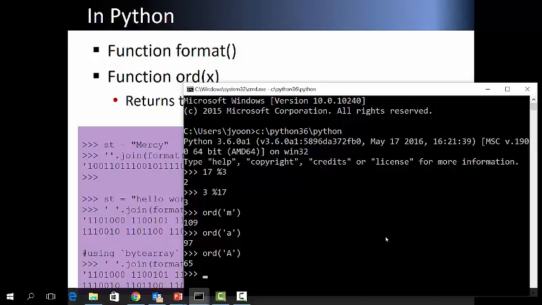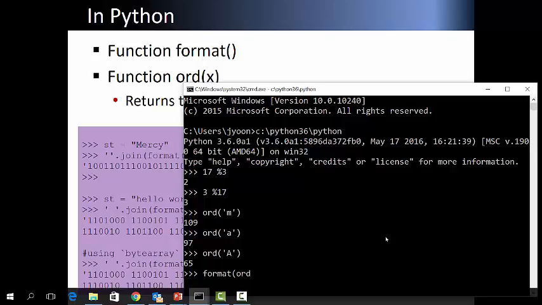Can you do it directly in Python, like find the binary code for M, without going through each one? Like a function? Yes, that's what we are going to do right now. In order to make a binary code, you need to use another function called format.